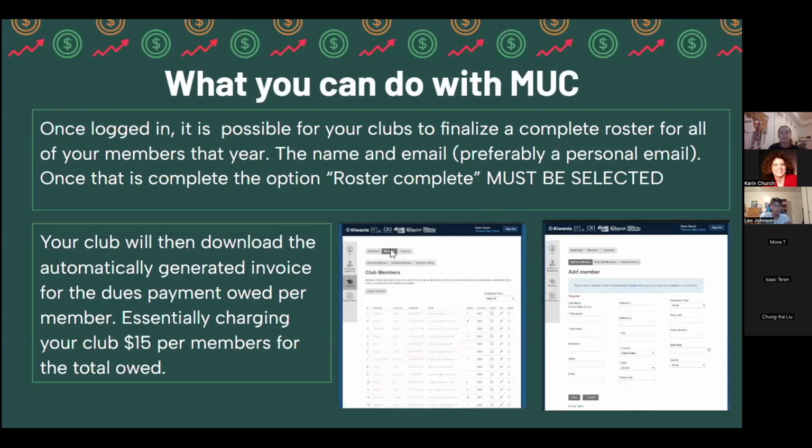So as you see here, one of the middle things says members. You're going to click on members, and that's where you're going to have your roster. Here you can add a new member, you can bulk add new members, or you can also delete members somewhere here. If you're adding in new members, you would press add member. If you're entering multiple new members, you would press the